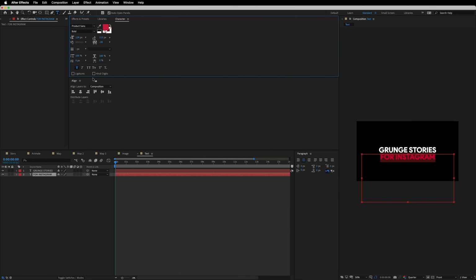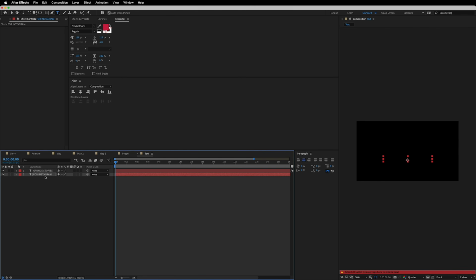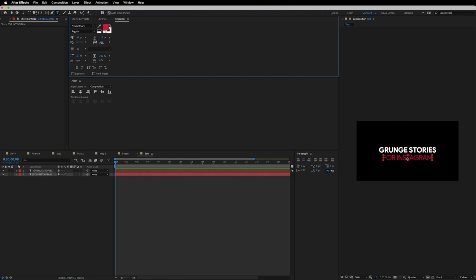Okay, and we don't need this text to be bold, and we'll change the font style to regular like this. Okay, and I think we can still have a little bit of gap between the text. Okay, and yeah, this much is fine, and we can now increase the kerning a little bit